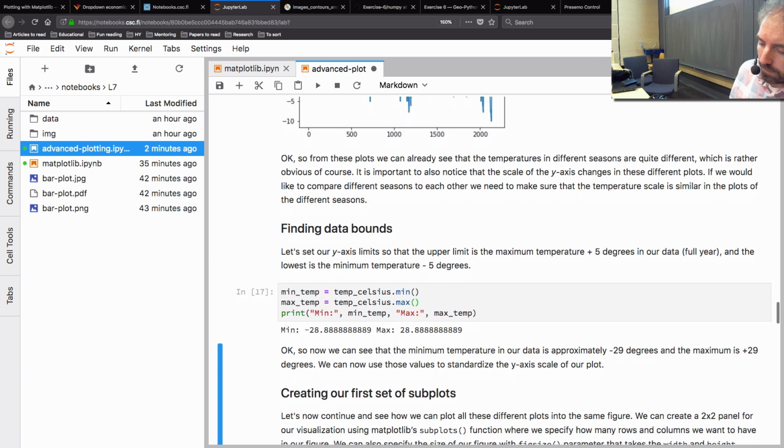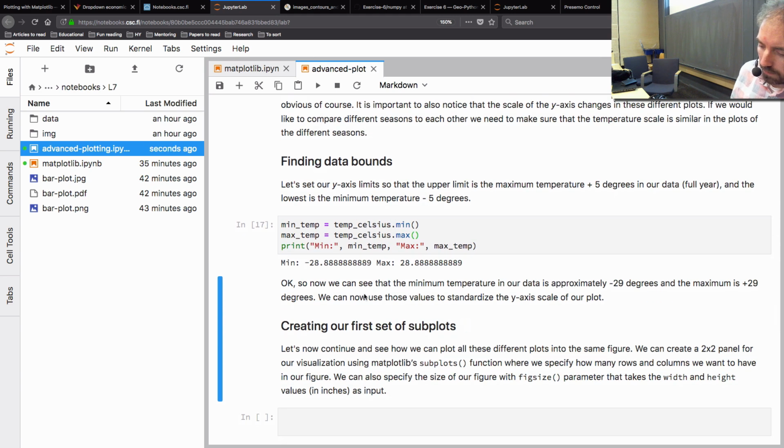But if you run this, you should see that we actually have the rather remarkable scenario here that the maximum and minimum temperature are in fact equal to one another with opposite signs. So minimum is minus 28.8 and max is positive 28.8. Just a bit of a coincidence in this case, and as far as I can tell, that's not a mistake. So if we go and clean the data up a little bit more, average the hourly temperatures into daily or whatever values, this kind of variation goes away and things look a little bit more reasonable. But yeah, so now we have this